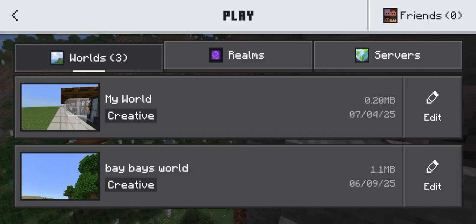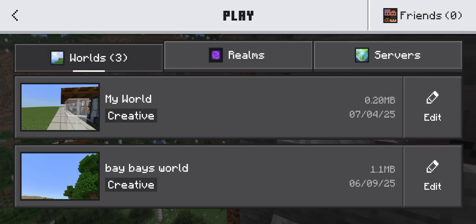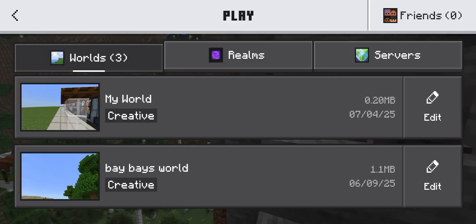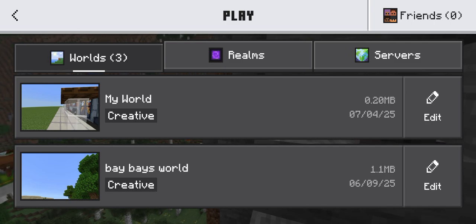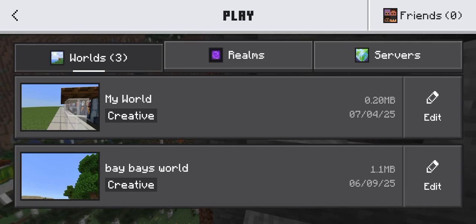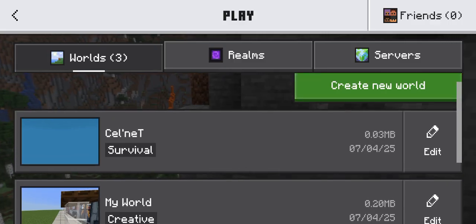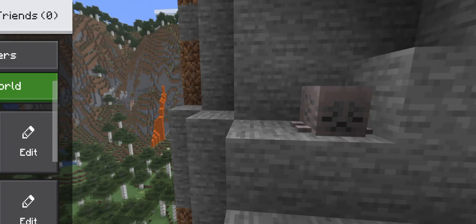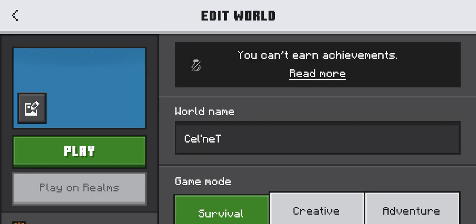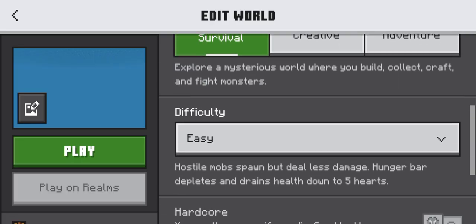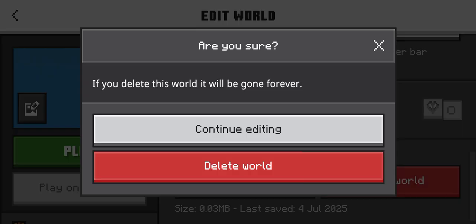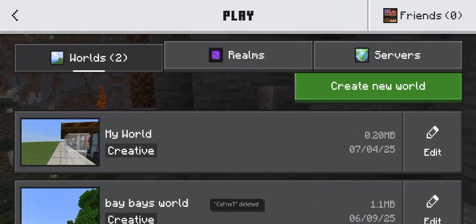So that alongside, I can transfer from one device to another, from one system to a different type of device or what have you. But I just made the thing, Cellnet, for the new map. I'm going to go ahead and delete it right now,